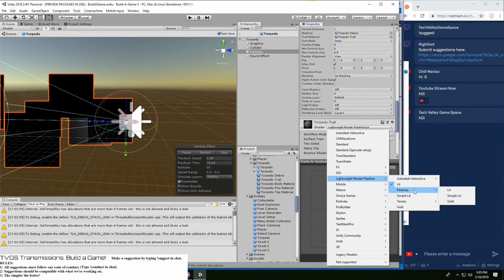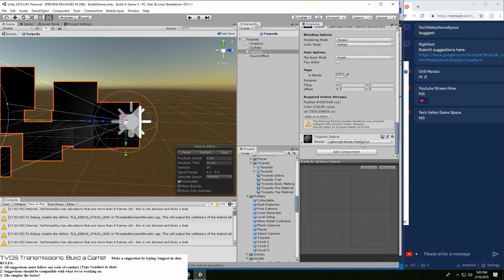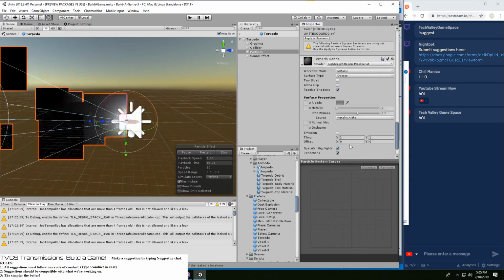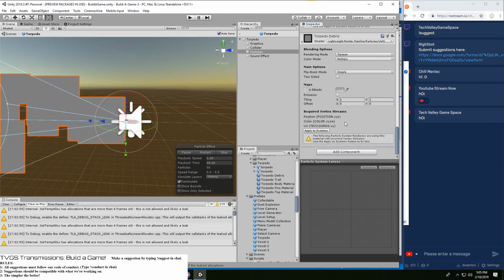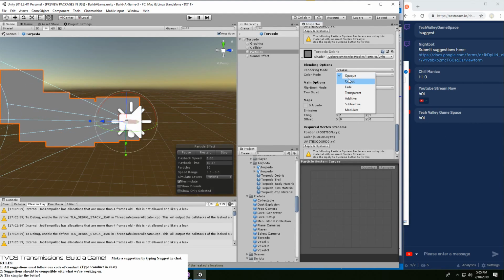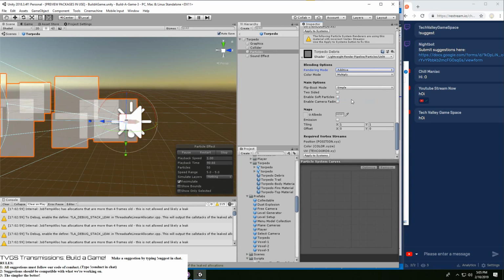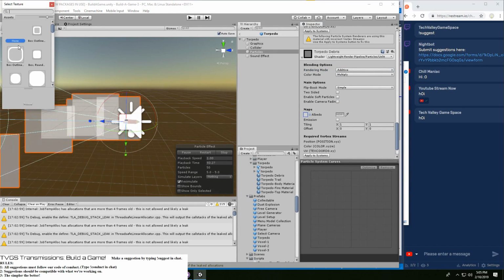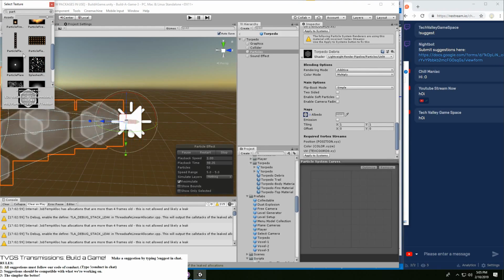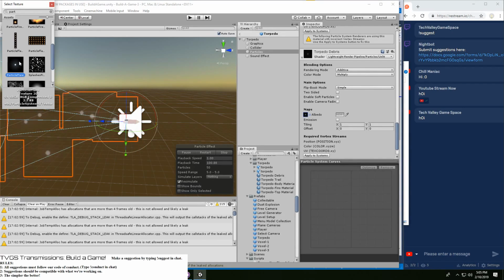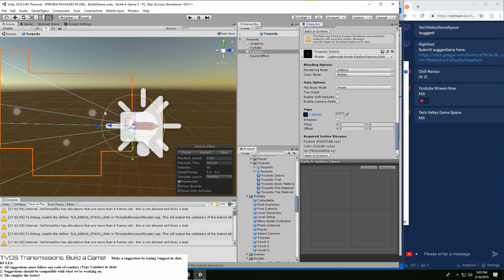Render pipeline. We are going to simply go with unlit for trail. And then this one, we also want to go with lightweight renderer, and we also want that unlit as well. Perfect. So right now it's set to opaque. I definitely want to make this additive, and I will choose particle. There's this, which is not the particle I want, and there's this, which is the particle I want. So I'm going to choose this on purpose.